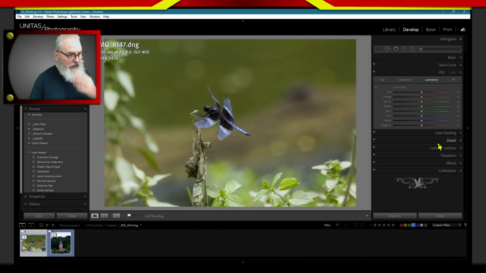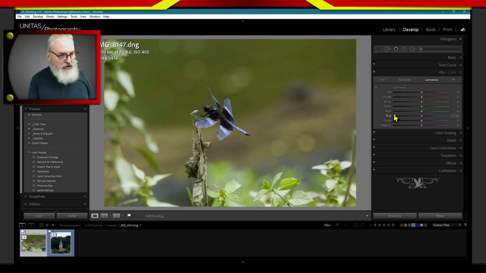We have red, we have green, and we have blue, which are RGB. We have yellow. We don't have cyan, but we do have aqua, and we have magenta. But in between those, we have orange and purple,